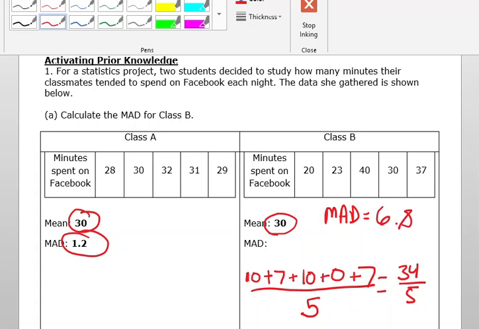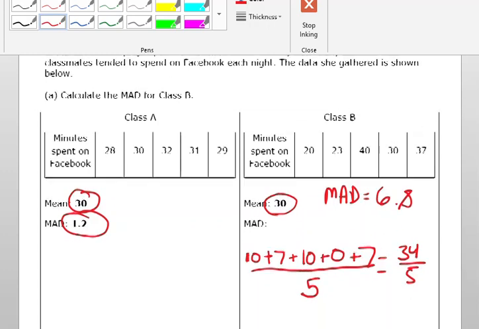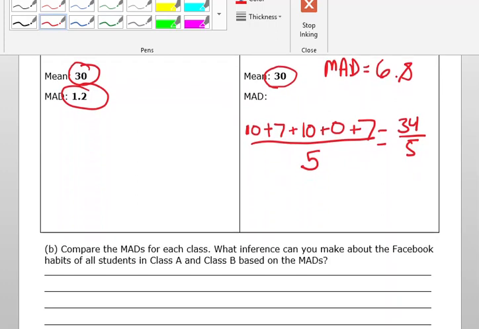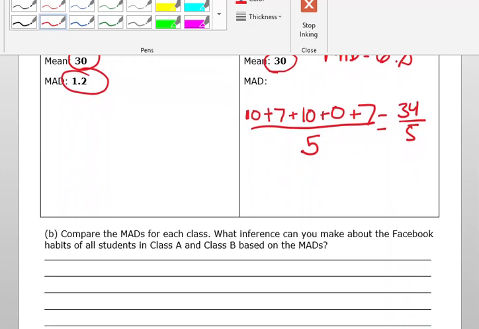And now you remember yesterday while you were taking your exit ticket, I said part B is going to be super important in order for you to show me that you've mastered this objective. So comparing the mean absolute deviation for each class, what inference can you make about the Facebook habits of all students in class A and class B based on the MADs? Okay, so what I can say is that class A